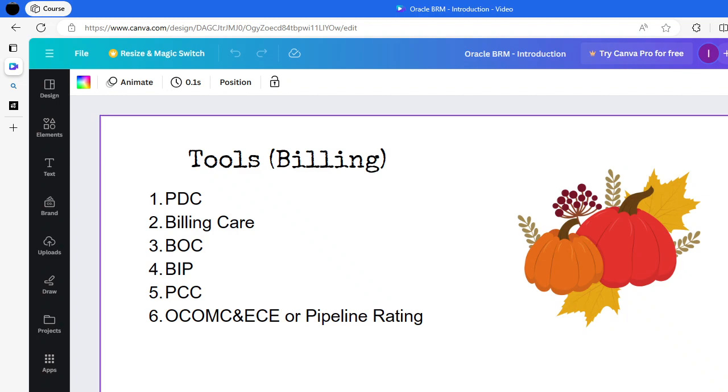So that is about the billing care. It is developed by Oracle itself, and it is part of the Oracle BRM. The BOC is the Business Operations Center. The Business Operations Center does the scheduling of the jobs. So how the invoices generate for all the customers is, there will be a batch job that will be scheduled